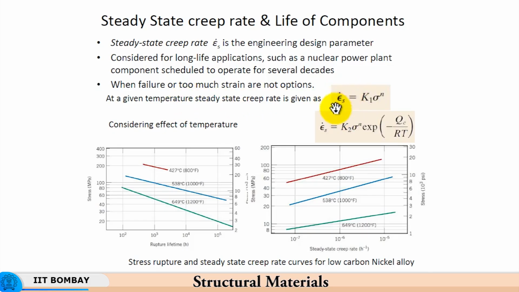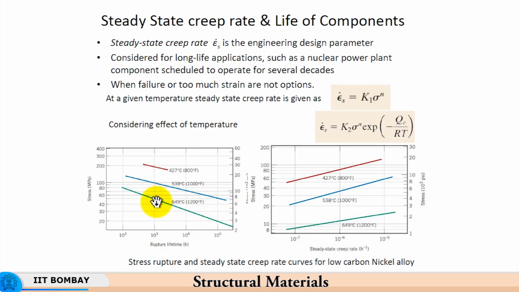So, these are the expressions which give you the steady state creep rate, which is equal to K1 sigma raised to n. So, it is a non-linear relationship between the stress and the strain rate, and therefore, one needs to have a rupture plot. Here the stress is plotted against the rupture time, and you see that as the temperature increases, the rupture time also tends to decrease, and for a given rupture time, the workpiece is able to sustain a much lower stress